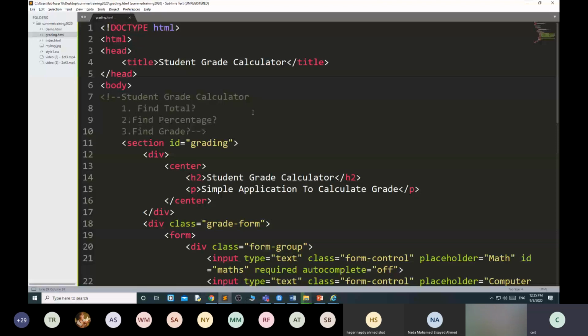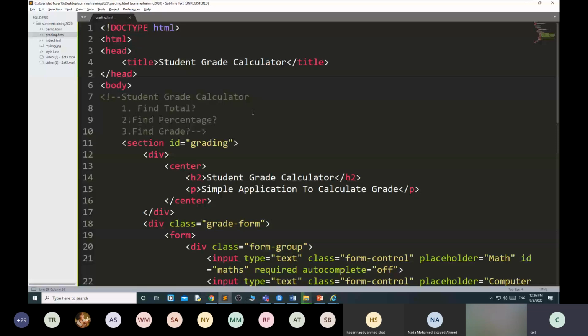Internal CSS means you are writing the CSS using the style tag inside the head. External style sheet means you are defining style somewhere else and you are including that style file in your HTML.